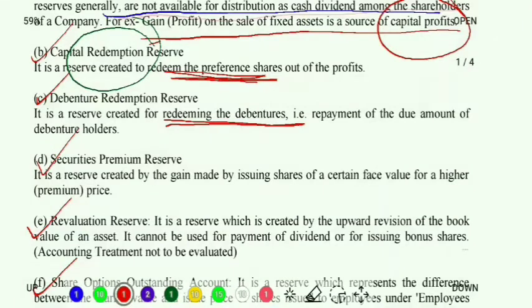You all have the idea of shares, right? Suppose the nominal value or the face value of a particular share is rupees 10. But I am selling it for a higher value, for a premium price, maybe for 12. Then what is the extra amount I am earning? What is the extra amount that I am charging? That is my premium price, 2 rupees.